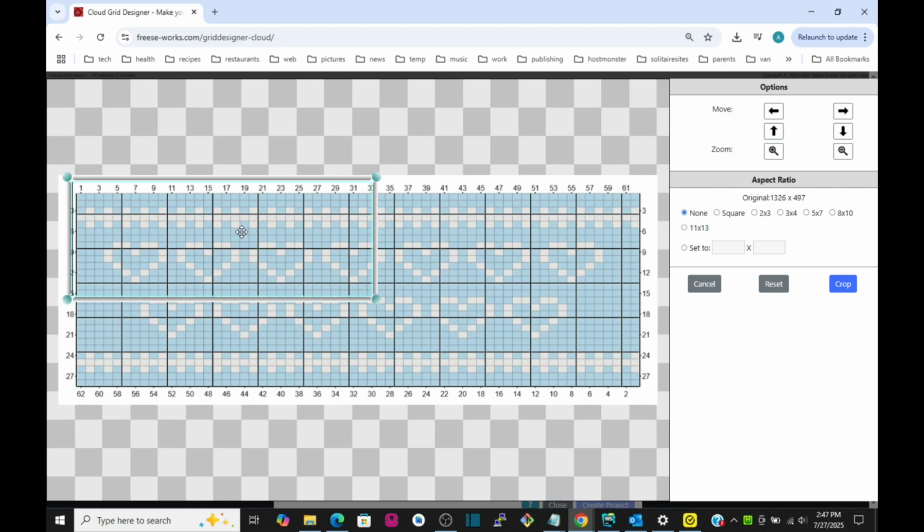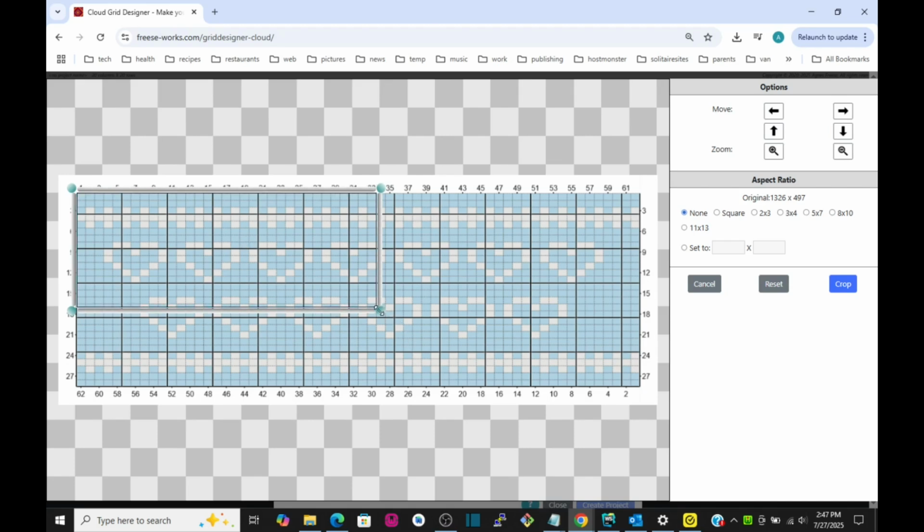So the first thing that you need to do is crop whatever picture you've got so that you have only the grid. So I'm going to just move this down here. And I'm going to try and put the skinny lines right on top of the chart here. And I want to crop off the numbers and any background parts so that we have only the